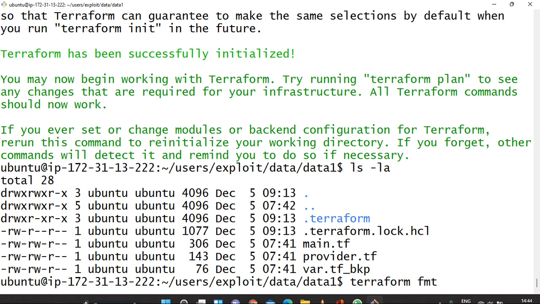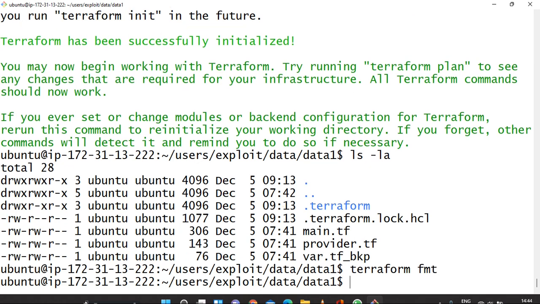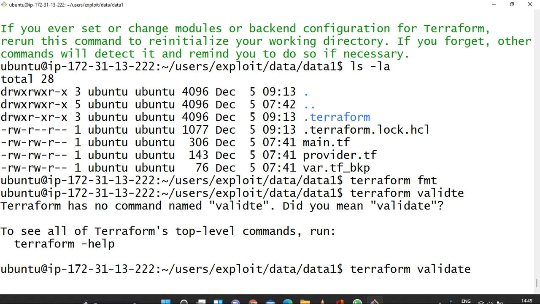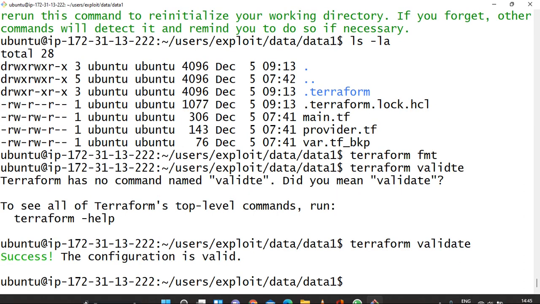If the format is not correct, it will change it. Then terraform validate. Sorry, typo. Validate. You can see the configuration is valid.